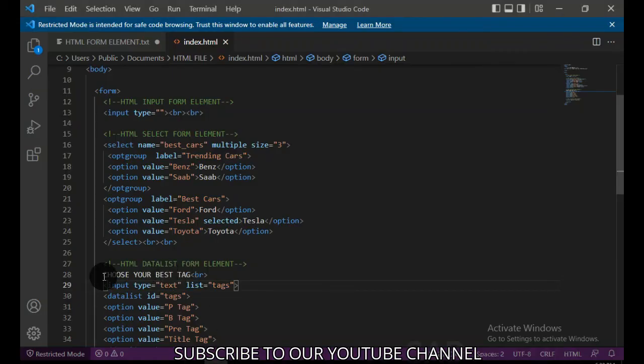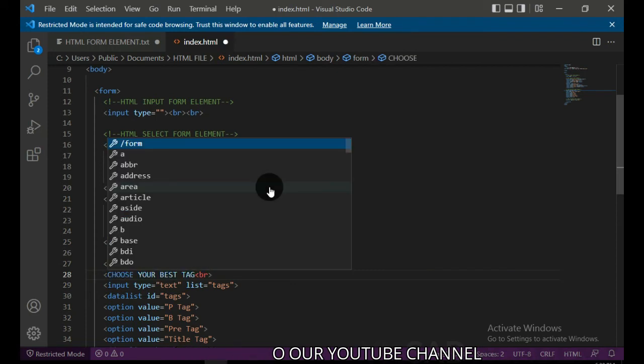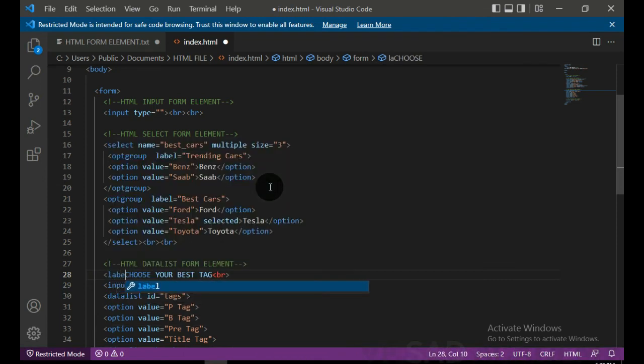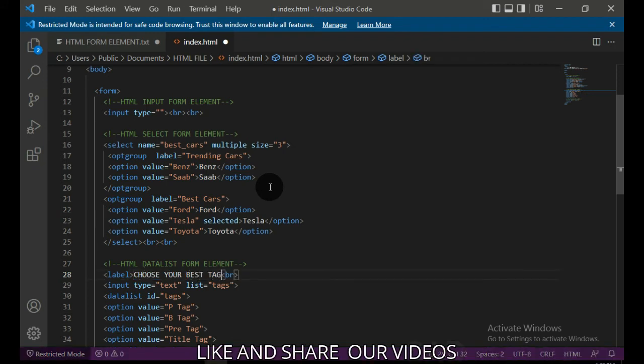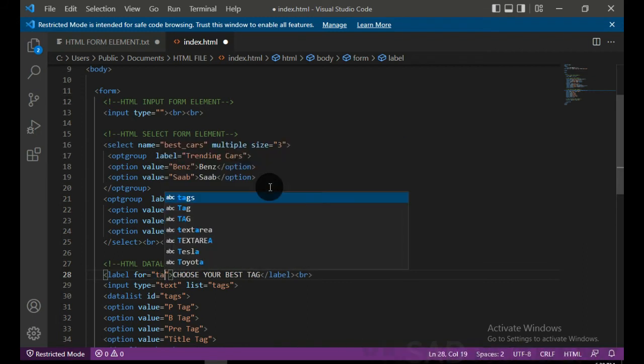So let's go there. I'm gonna put this inside a label tag, and I'm gonna give every HTML form element here a label tag. So I'm just starting with that label. I'm gonna cut this, Ctrl X, and then I'll bring it here, Ctrl V. So I'll give it for, then I'll give it tags,